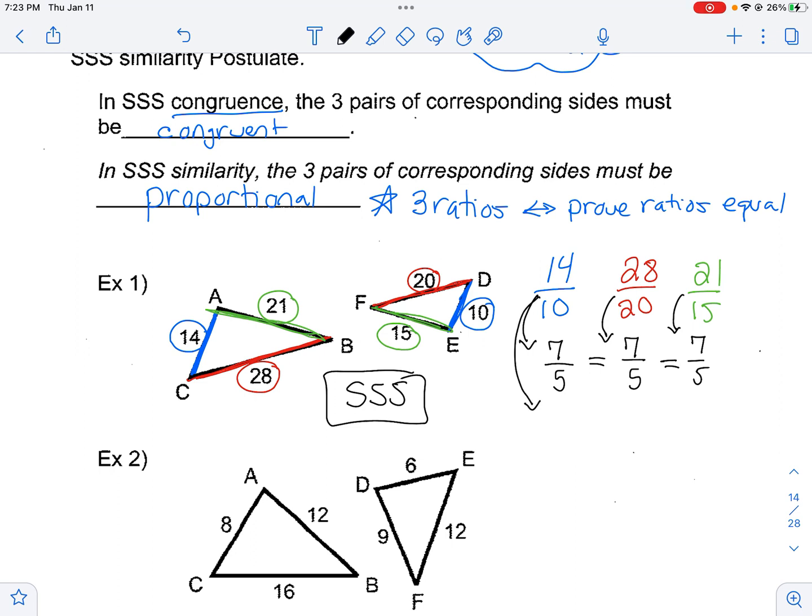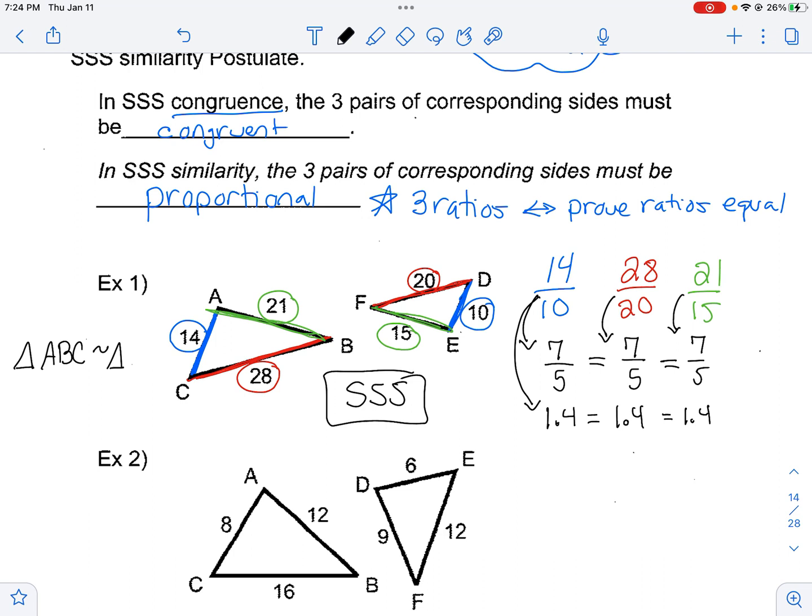14 divided by 10, and again, you can just grab a calculator if you need to. 14 divided by 10 is just 1.4. 28 divided by 20 is 1.4. 21 divided by 15 is 1.4. So again, once you have some way of showing that they're equal, now you have your evidence. And then I can come over here and say that triangle ABC is similar to triangle